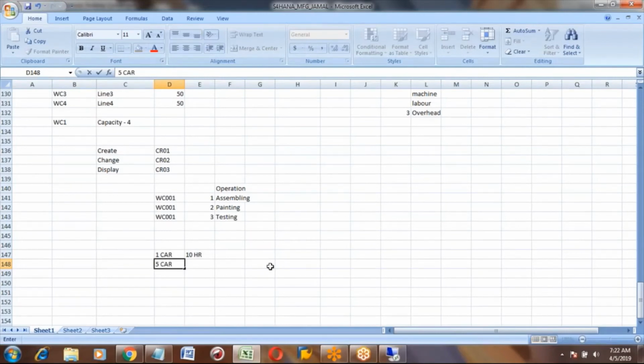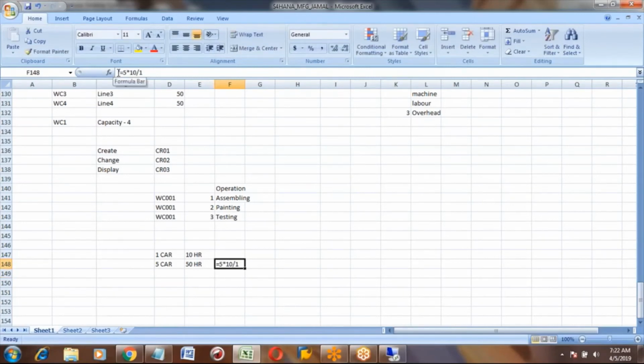So how many hours do I need to work? Machine hours required: 50. So how did you calculate this? Multiply by hours. Correct. How you calculated is 5 times 10, divided by 1. 5 into 10 divided by 1. This is a formula, correct?